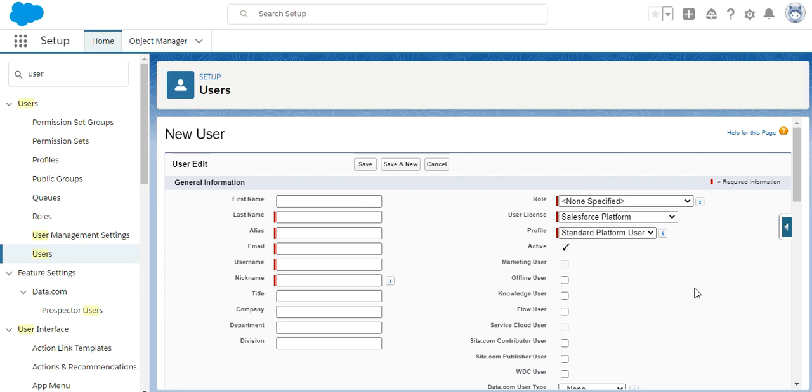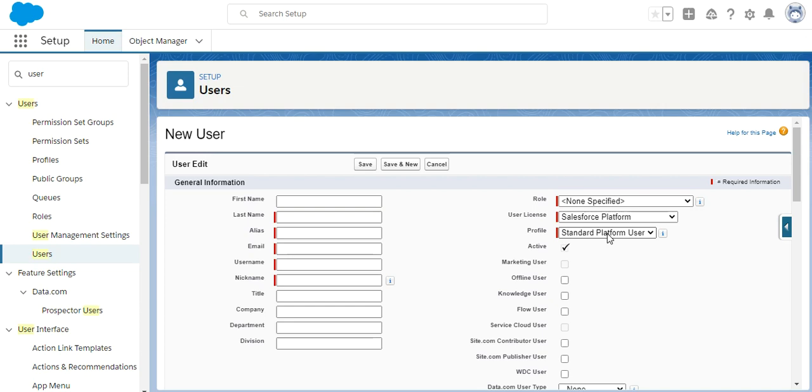Whatever license I provide this user, according to that the user can access the features in Salesforce. And if we are talking about the profile, the profile determines what the user can do in Salesforce. The profile decides the permissions, like what the user can do, read, and see, and what I want to hide. All these things are decided by the profile. We can also set different levels of security at the profile level, like field level security and object level security. We will talk about this in data security.